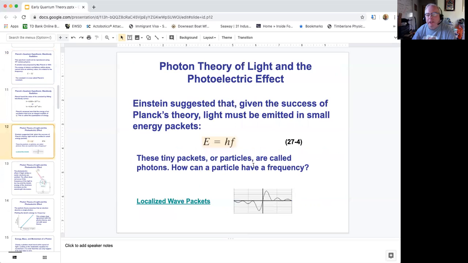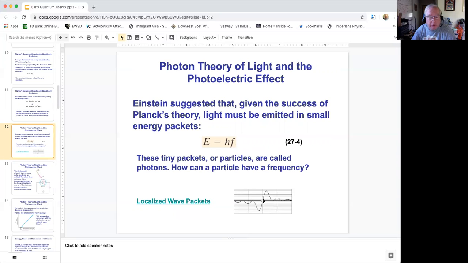All right, well, here we go. So what about this wave then? How can you have a wave that has a limited duration? And the answer can come mathematically by adding frequencies together, adding a set of frequencies that are harmonics of each other. And if you look up localized wave packets, you can actually see how you can use math in order